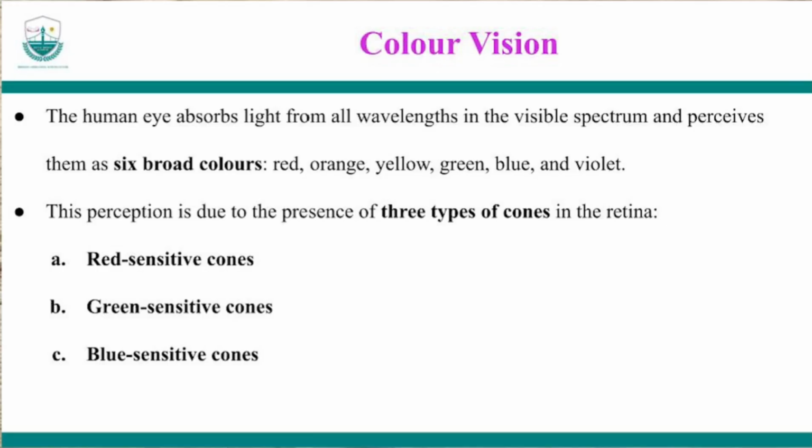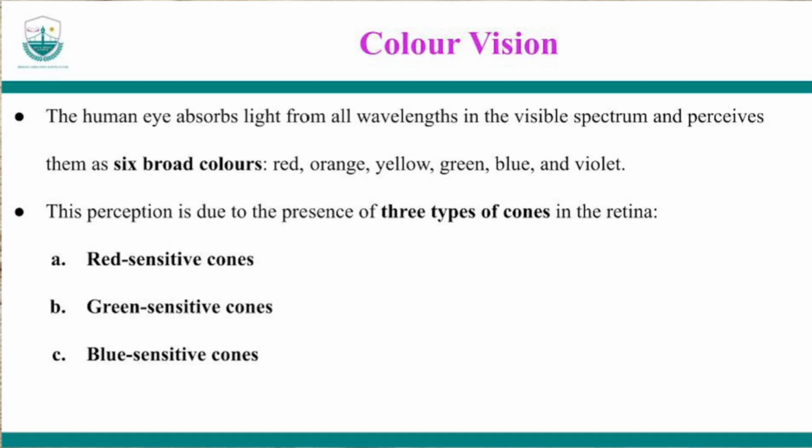That means for them to be able to fire nerve impulses, they have to be excited, and that excitement happens when light is directed towards the eyes, and then the cones have the ability to absorb all the wavelengths of the visible spectrum, and that is what gives us the ability to distinguish between the